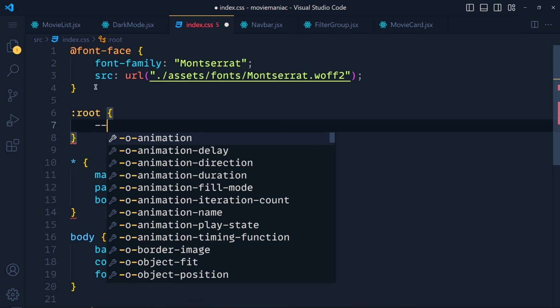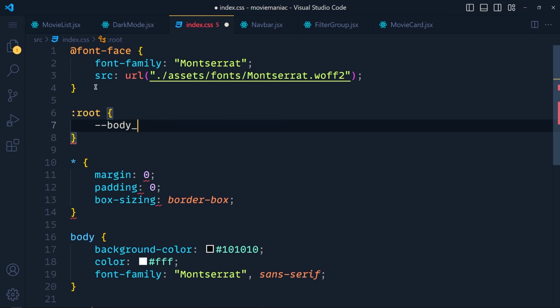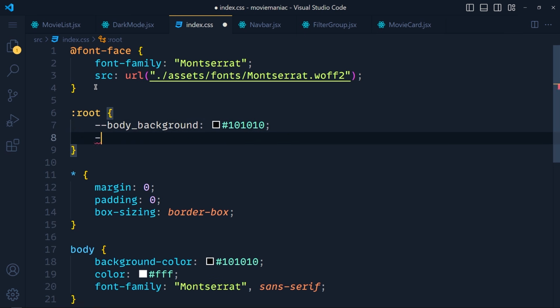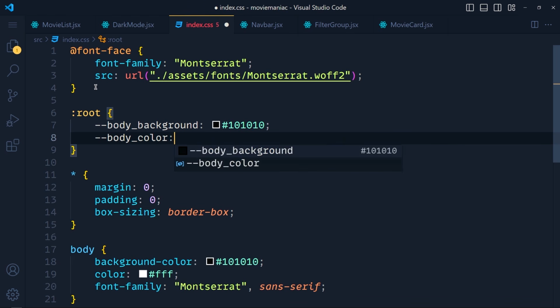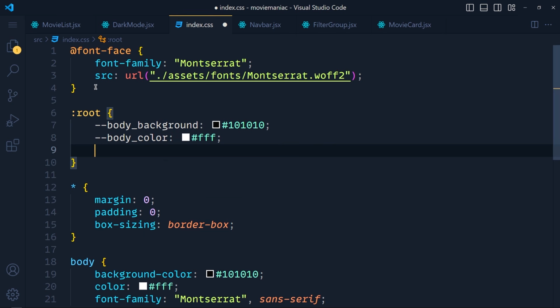So write double dash and the variable name, let's say --body_background, and value to hash 101010. Next, we have --body_color and value to white, and next --heading_color and value to hash